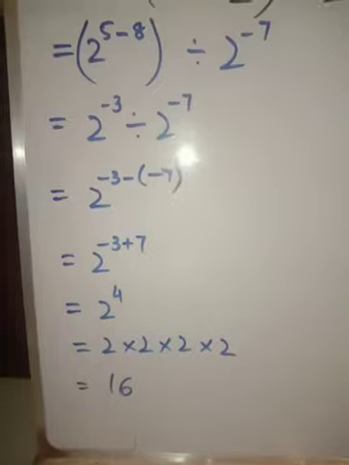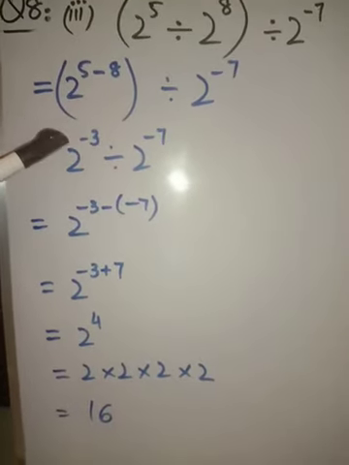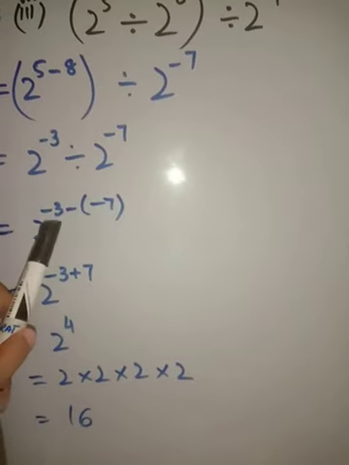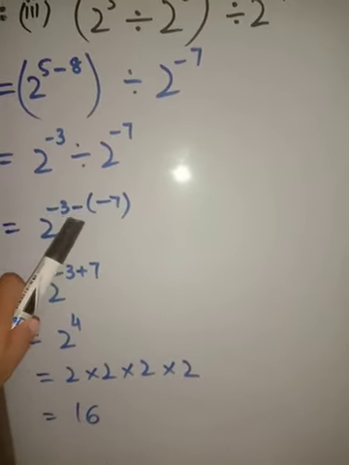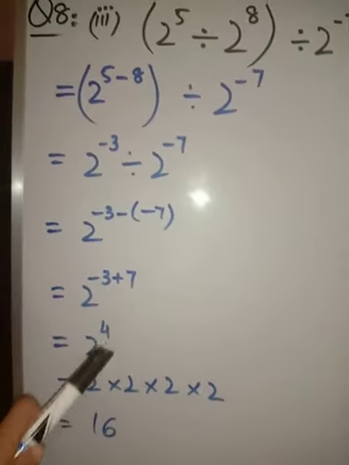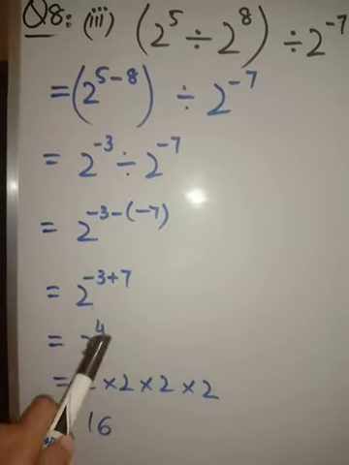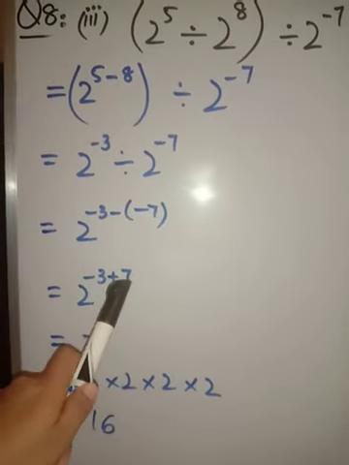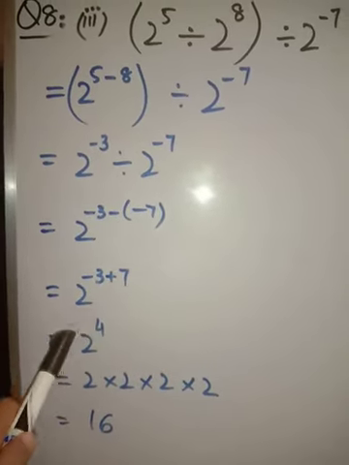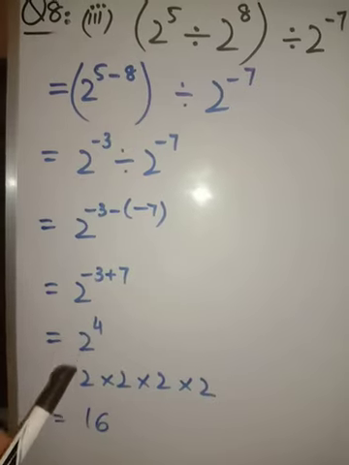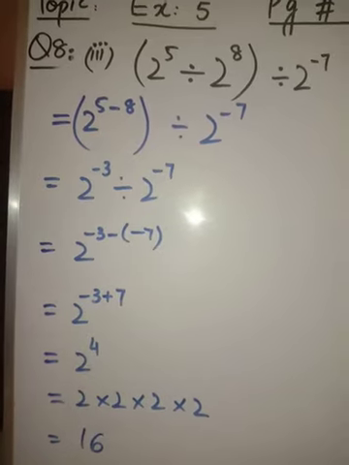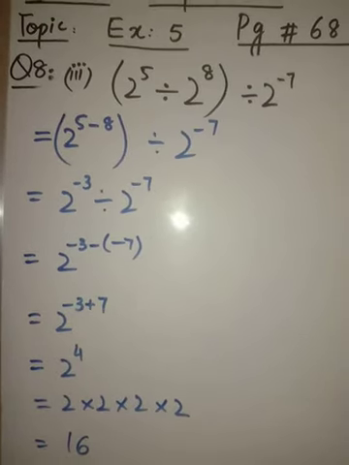By same law 3, we have to subtract all the exponents. So minus 3 minus minus 7, because by the rule this minus comes. So minus 3, minus minus becomes plus, and this 7. Minus 3 plus 7 is equal to plus 4. Plus minus minus, you have to subtract both the integers. 7 minus 3 is 4, and the sign will be of the greater number, plus. Understand? 2 raised to power 4 means you have to multiply 4 times 2. So you got 16. Understand? Note it down, please.